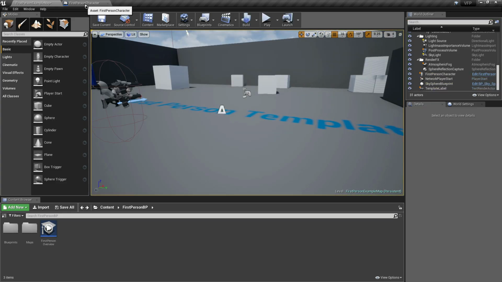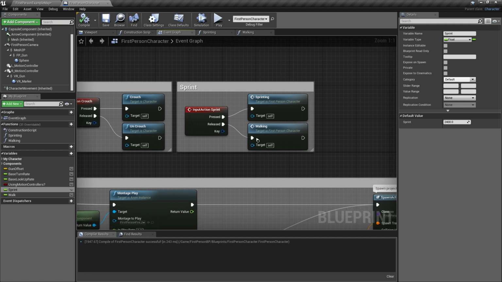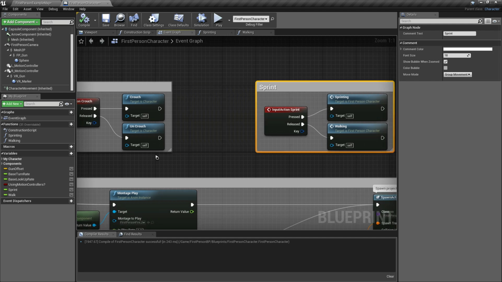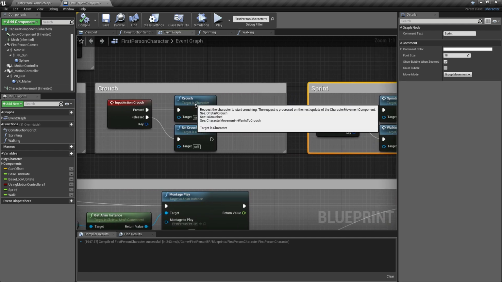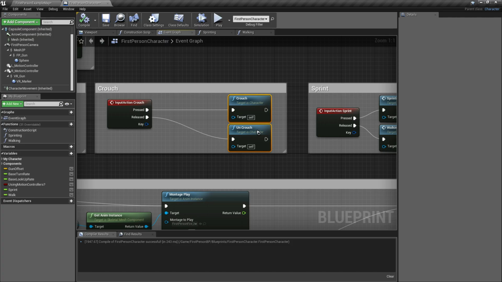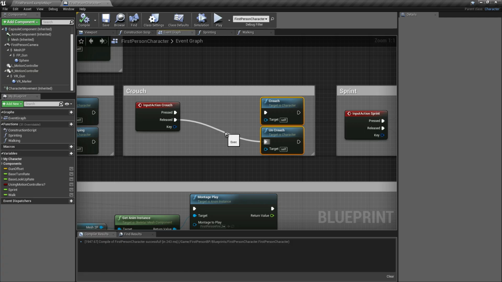Let's head back to the blueprint. All we need to do is add a node that will add some toggle in our control. Just disconnect the nodes of our crouch. We're going to leave the release connector empty.